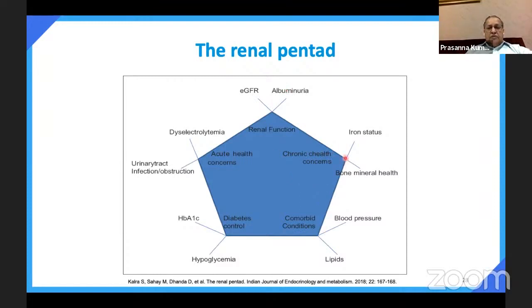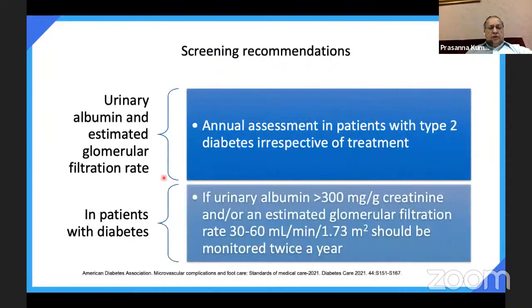Then apart from that, you should look at chronic health concerns and comorbidities, diabetes control, and acute health concerns like urinary tract infection. Other parameters like hypoglycemia, lipids, and blood pressure are equally important. Urinary albumin and estimated GFR should be assessed annually in patients with type 2 diabetes, irrespective of treatment. Every year, please get blood urea, creatinine, urinary albumin, and measure the eGFR, and then see whether it is coming